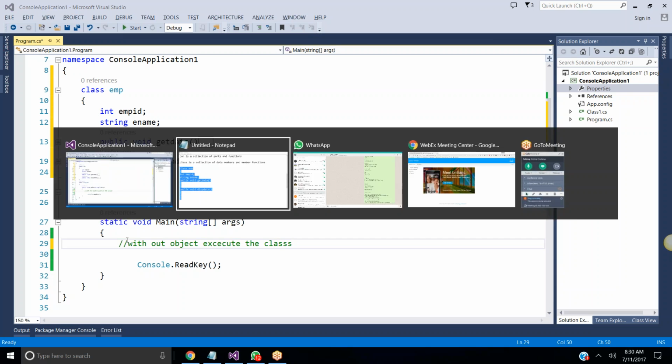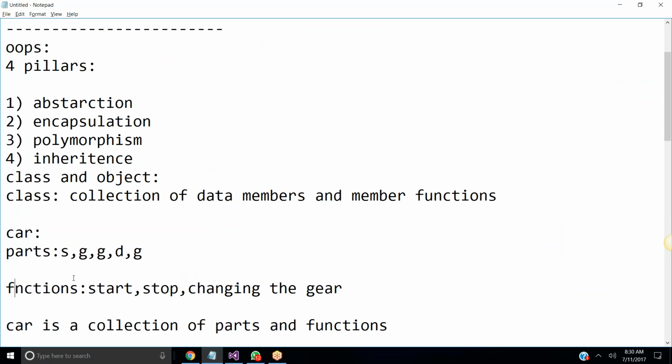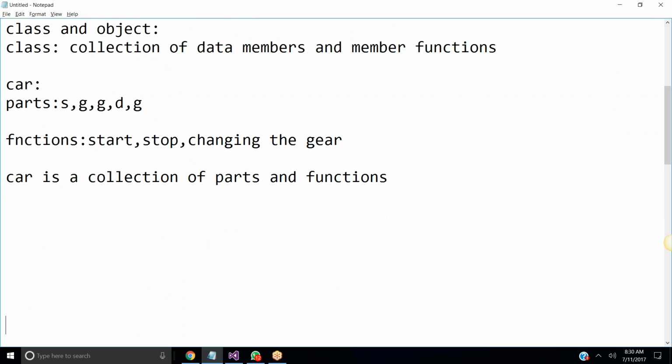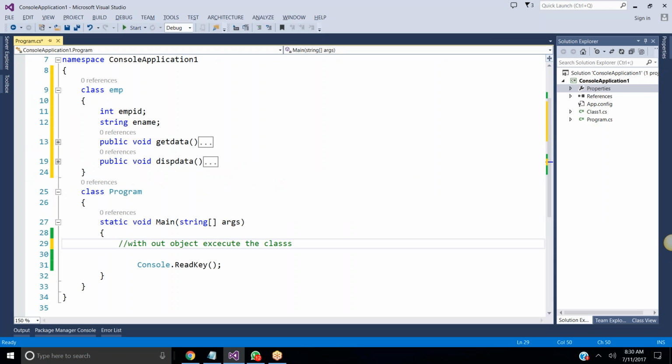Suppose the example that as we discussed here, the car is a class, and in the car we have a collection of parts and functions. With the help of the parts and functions, whatever you thought, you manufactured the car. Once your car is ready, if there is no driver for the car, you don't have any chance to use the car, right? After manufacturing the car, only if the driver is there is there a use for it. There is no chance to provide the real-time nature to the car if there is no driver to it. The same way, for the class, the driver is object.